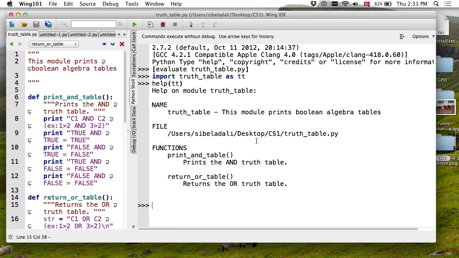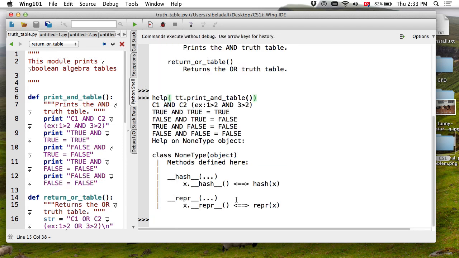You see, I keep telling you to write the string at the very top. That goes right here. Whatever you write in the top, it prints it when you write help. In fact, whatever comments you write at the top of a function, it prints right here. In fact, if I did help tt.print and table,